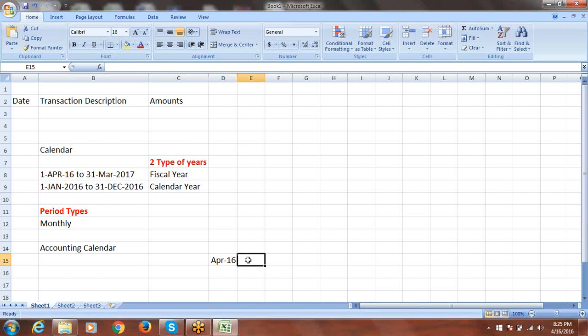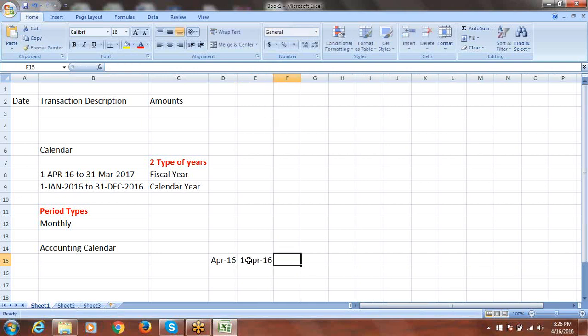Okay, we'll give the period name as April 16, and for this we'll be giving the date range, when it starts and when it ends. Okay, that date range we'll be giving. So when April starts, from 1st April 2016, and this ends on 30th April 2016,